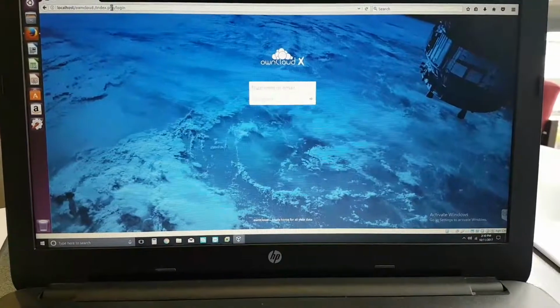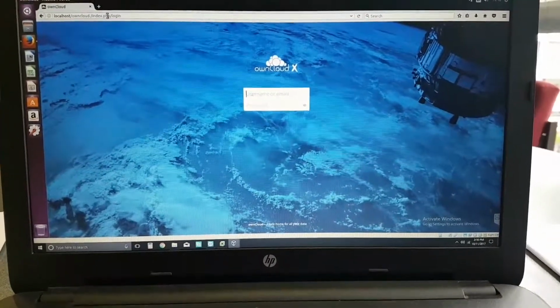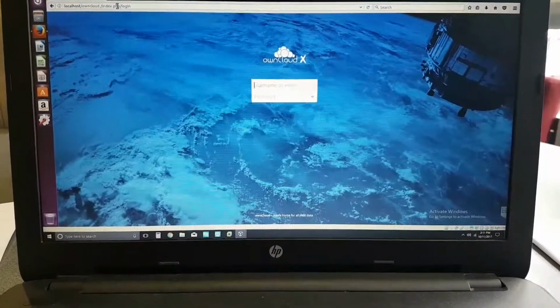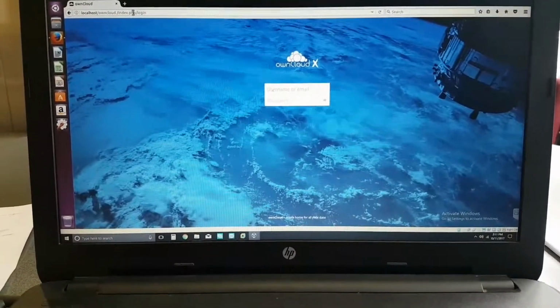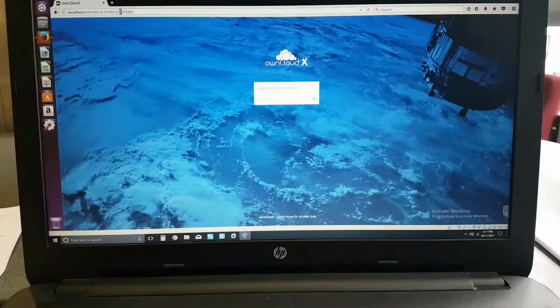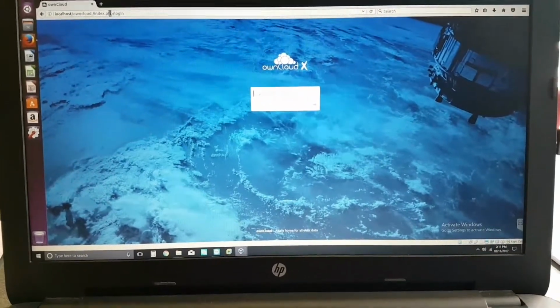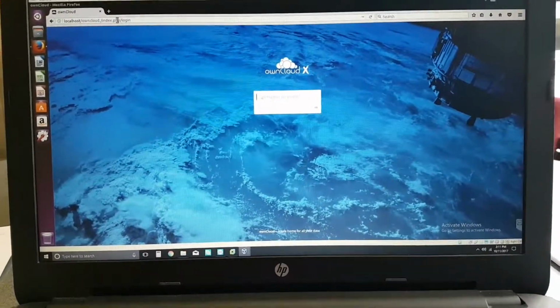Cloud service is a kind of centralized data center in which all employees can share and upload their files into one location, and it can be accessed by every employee within the business. With the help of this cloud service, you don't need any USB or anything to share your data.